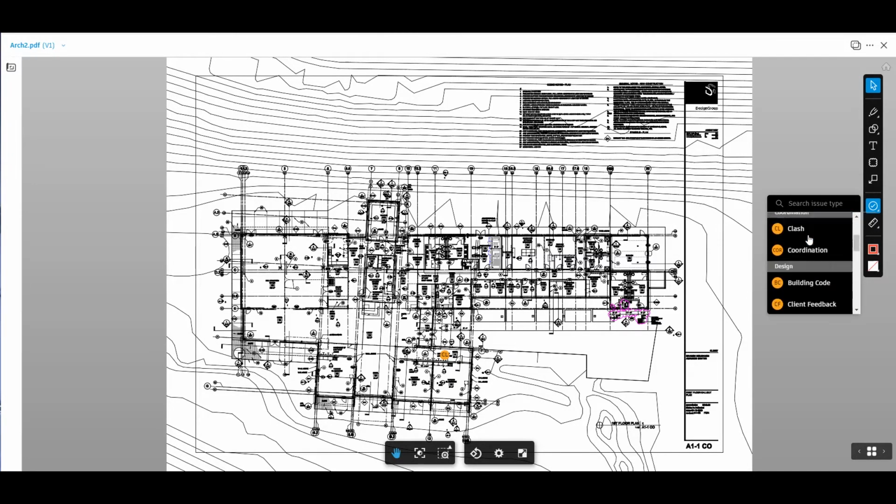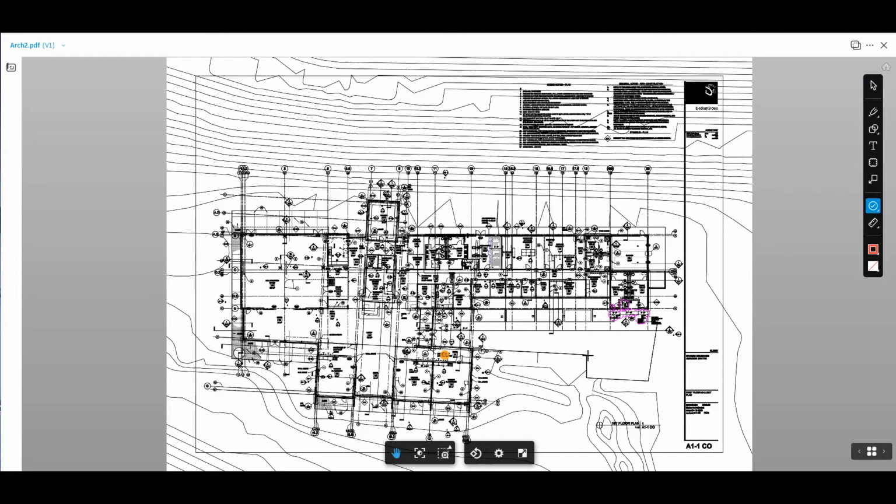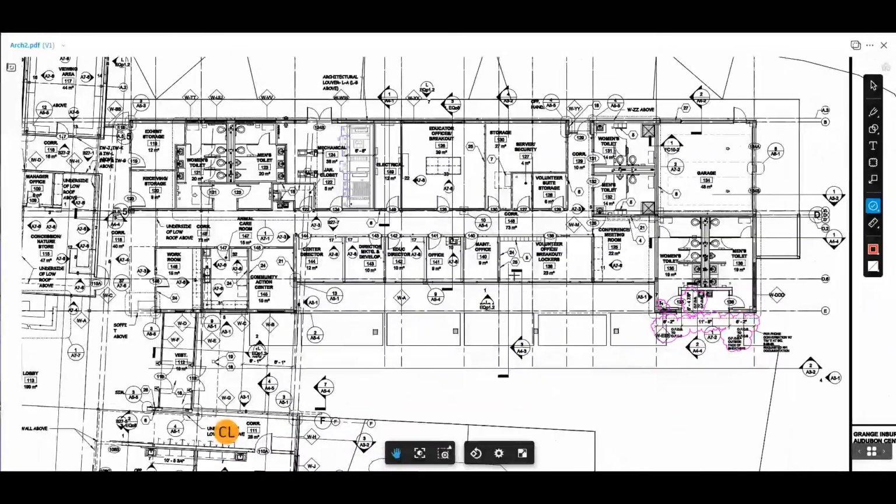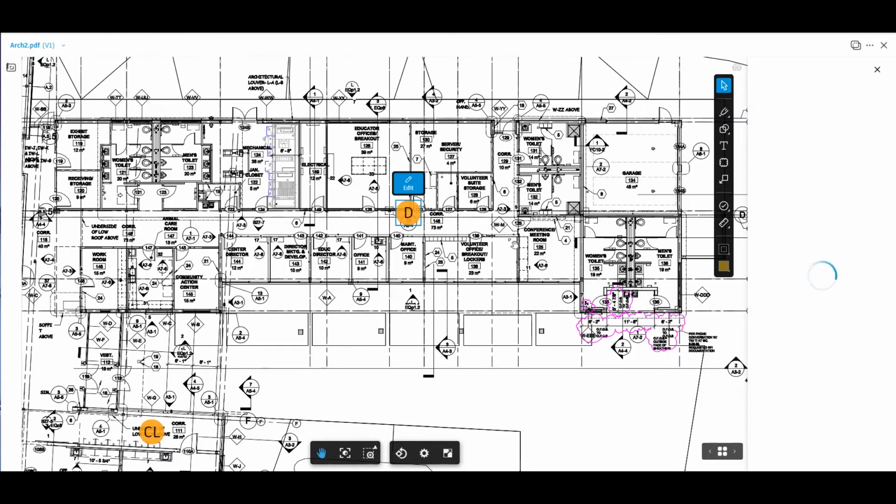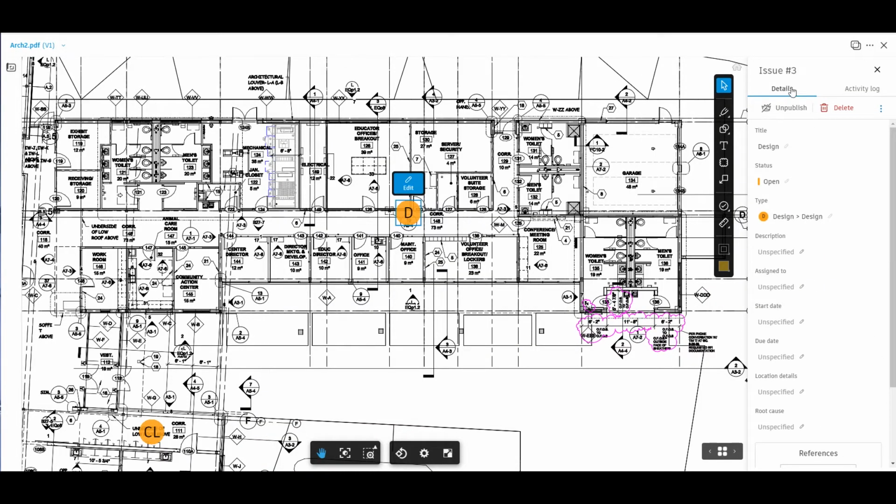and then we can use the measurement tool from there on. For the issues, we've got a really good little icon system here, so we choose which type of issue we wish. We put it down into the file and we get that little icon, or the letter, in this case D for design issue. And here we specify our description,